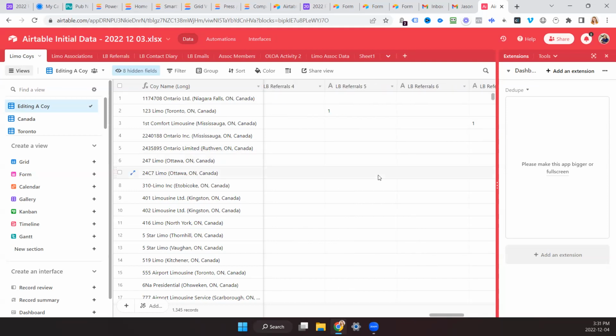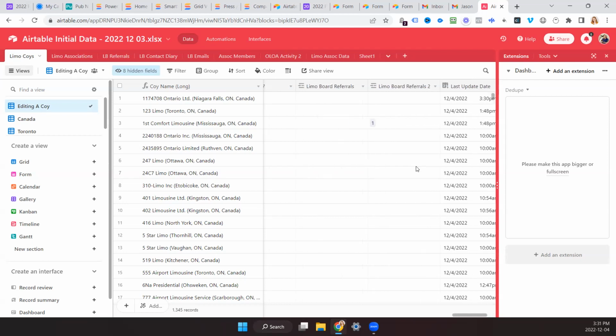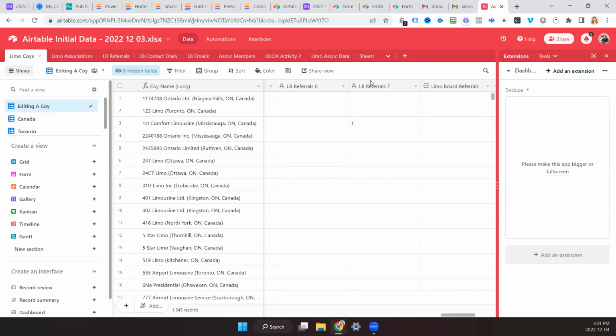So what I did with this one here is, if you keep sliding your fields over, I play with the fields, so I haven't gone back and put the proper field types on because I was flipping my data in and out a few times. If you keep coming over, where is it? Keep going.